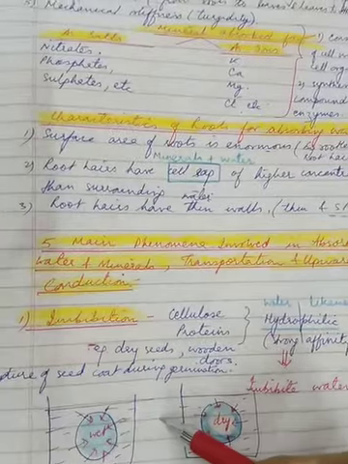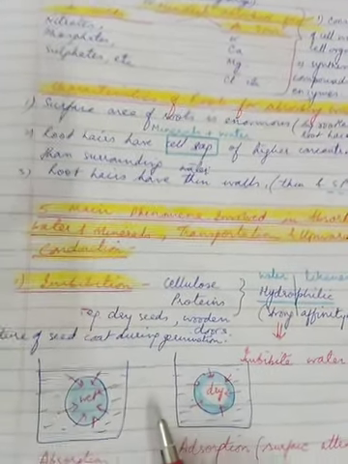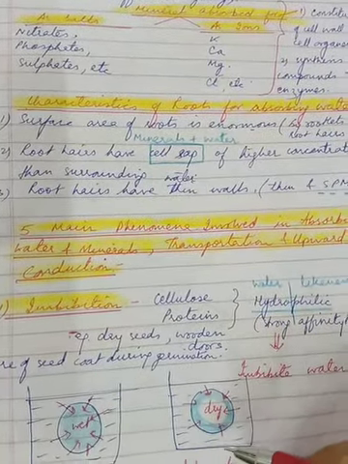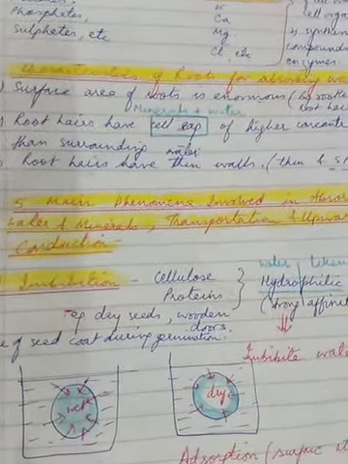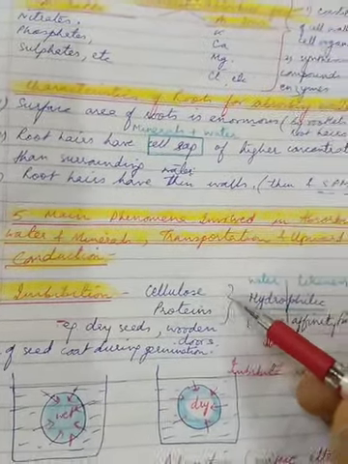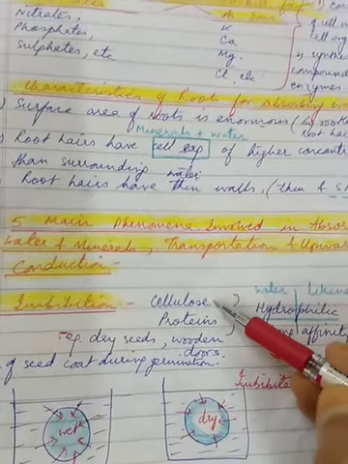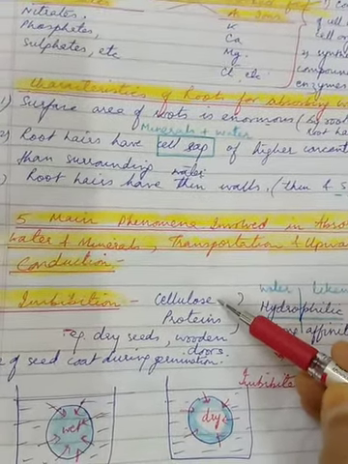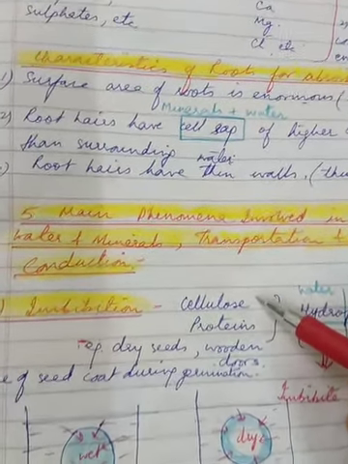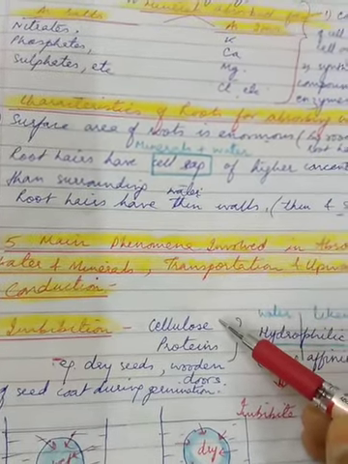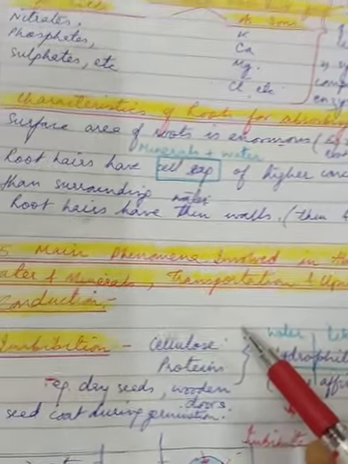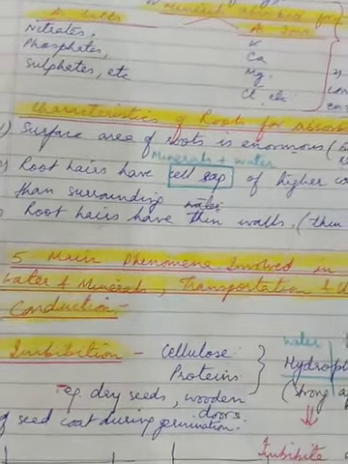What is imbibition? By definition, it is absorption of, let's say, water by living or dead plant cells by surface attraction. Let's try to understand this simply. Suppose there are substances made up of cellulose, for example wooden doors, or something proteinaceous like seeds. If doors are exposed to humidity during monsoon, what happens? The doors swell up. Or if the seeds are dipped into water, they will swell up.